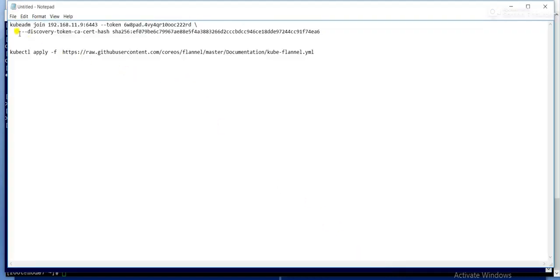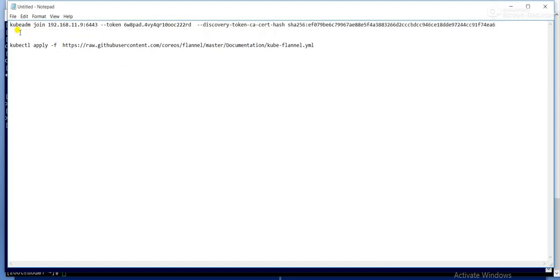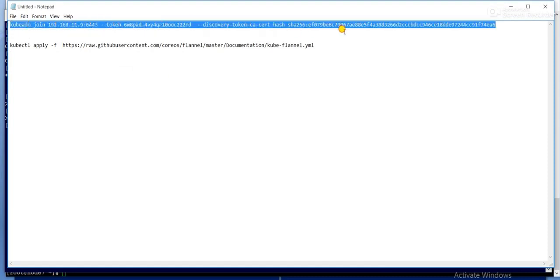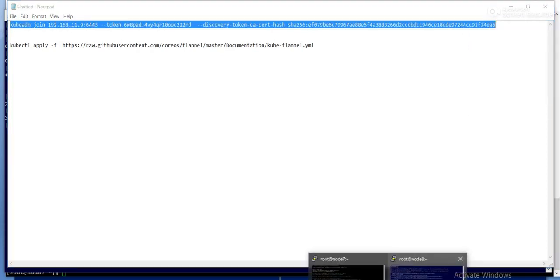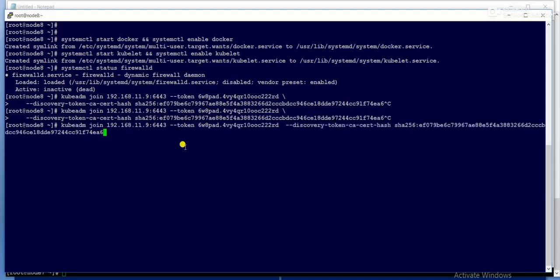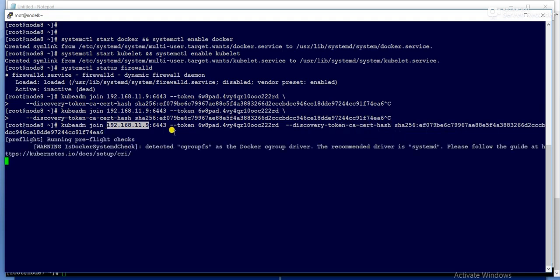Okay, it is one line, so I have to copy in this manner. Simply we need to paste kubeadm join. So this is the IP address of the master node, hyphen token, this is the token number, discovery-token-ca-cert-hash, this is the sha value. Okay, simply I will run.